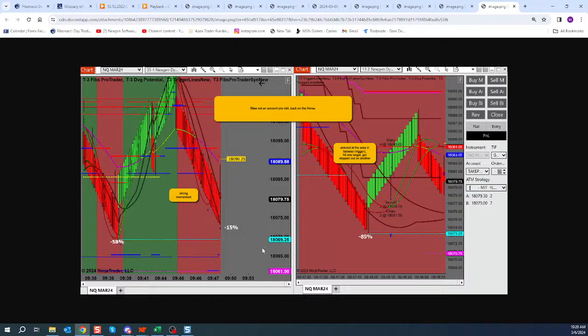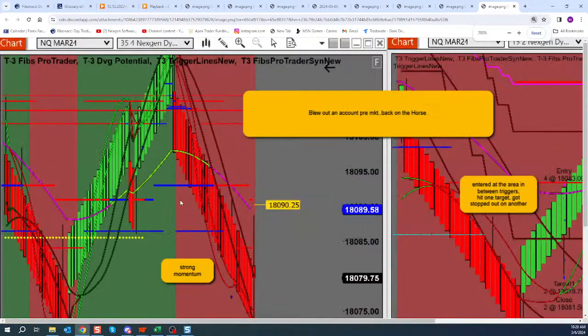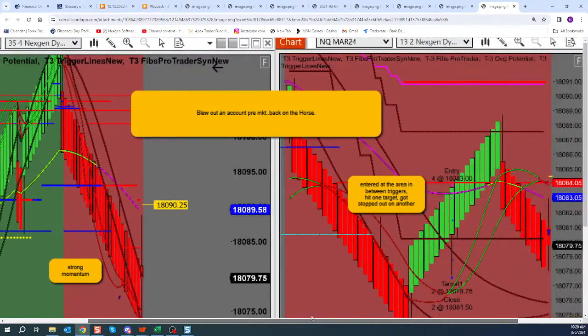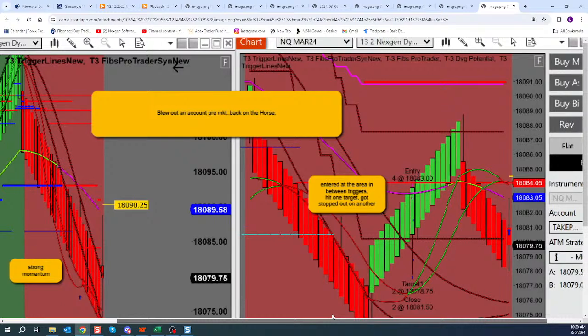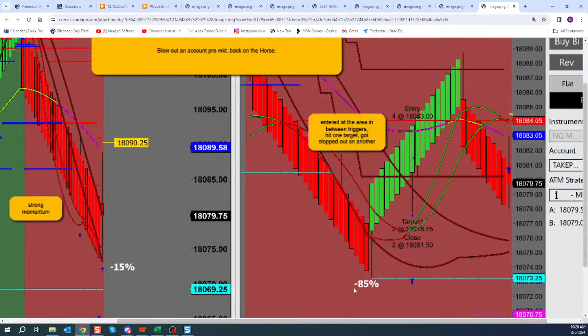All right. Let's take a look at what you did. Trying to see where you got in. Your charts are tough to read sometimes, Gino. All right. I need to line these up. You blew out pre-market. I'm sorry. Enter at the area between triggers. Hit one target, got stopped out on another. All right. So